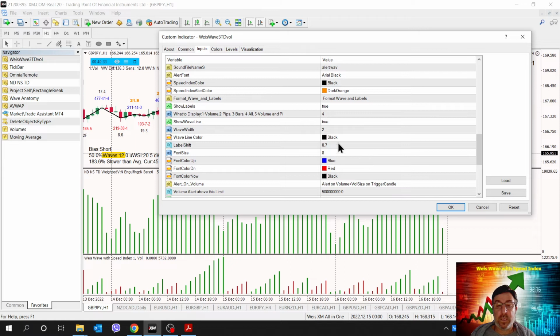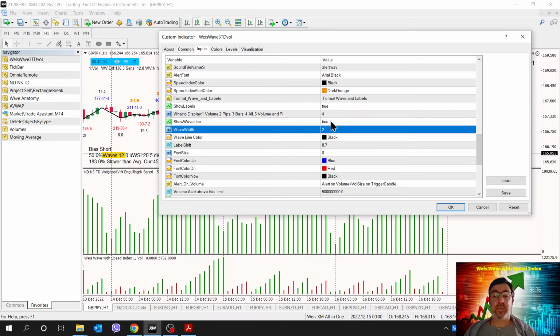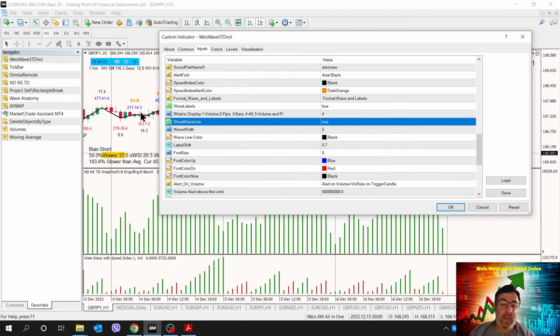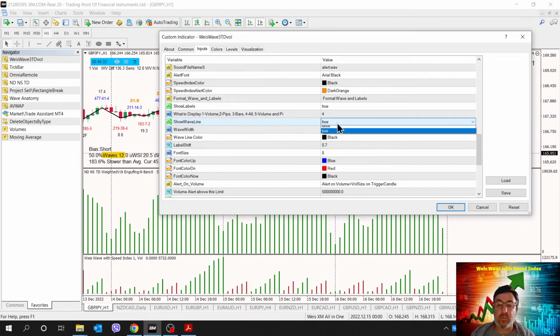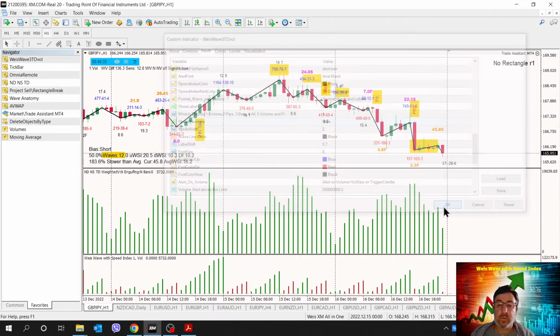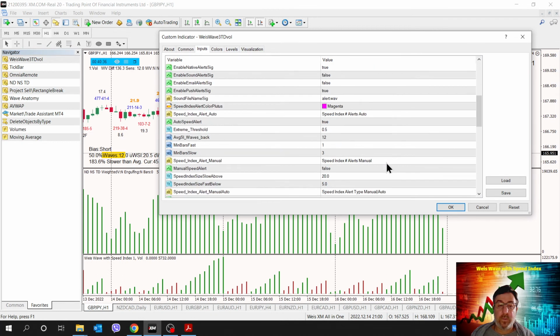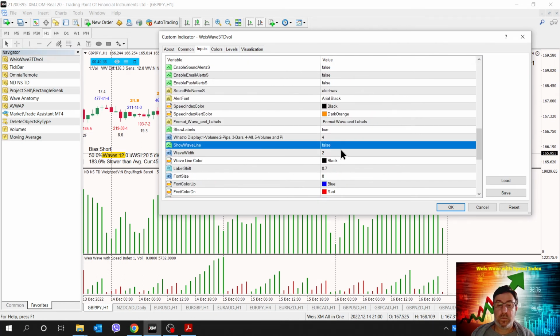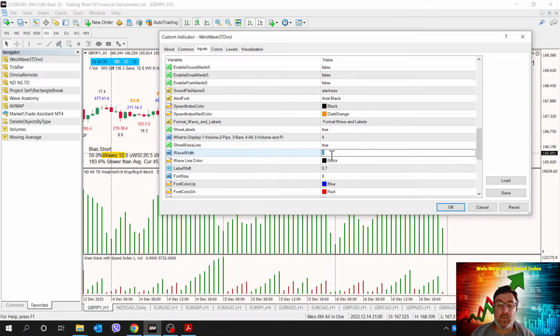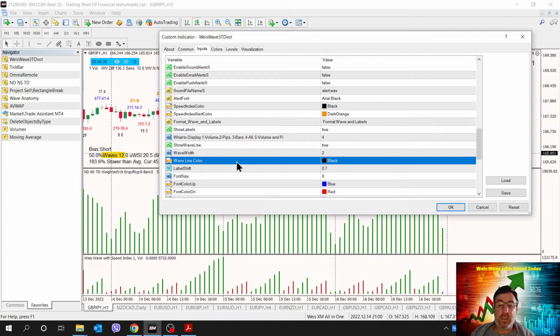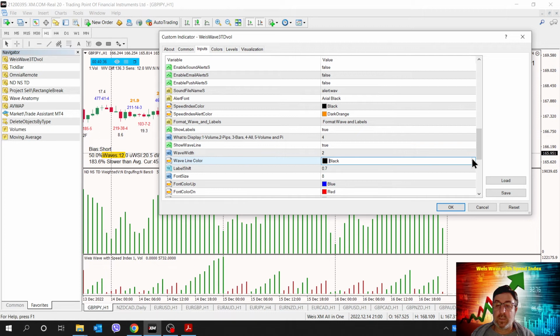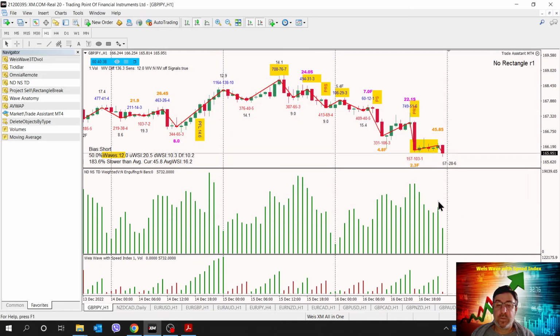So what else should I do? Of course, you can change from here the waveline if you want it to be displayed or not. Let me take it off so you can see it. So now the waveline disappeared. Let me put it back on. Okay. You can change the width of the waveline. I did that before. You can change the color of the waveline. I did that also. Okay, now let me do it now. I didn't do it, so let me change the color and make it red. Okay. So right now my waveline is red.